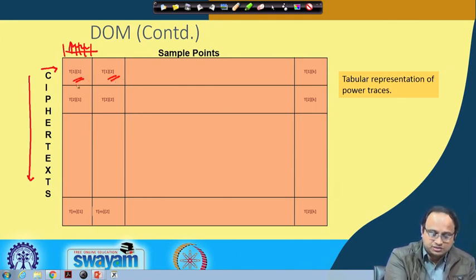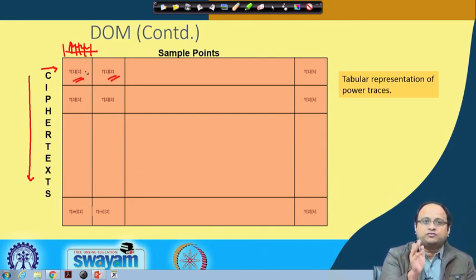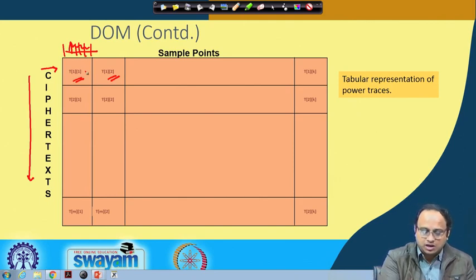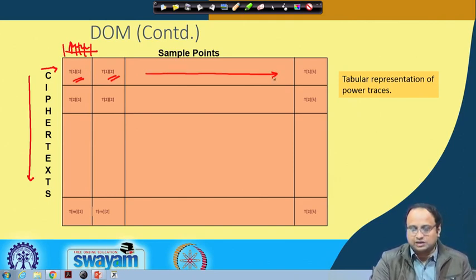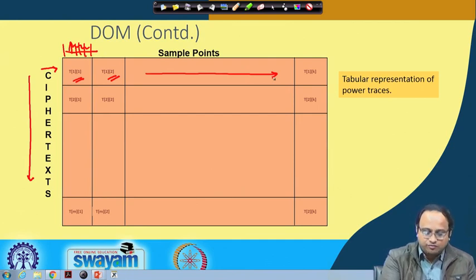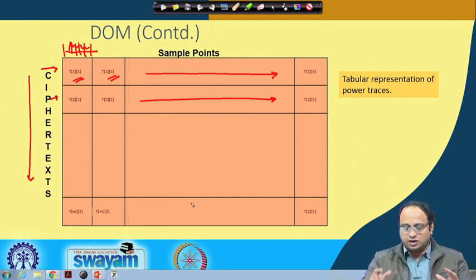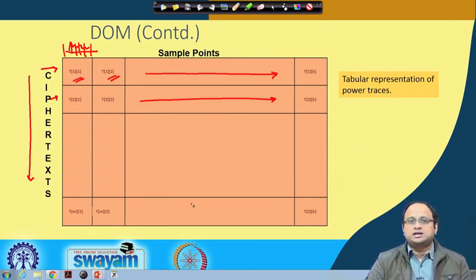So imagine this T111 stands for the fact that in the first row, at the first time instance when you are sampling it, what is the corresponding power value. Likewise, you store this in this entire column, entire row. And likewise you have different executions: you go to the next ciphertext, again take a different power trace, and that is also noted here.